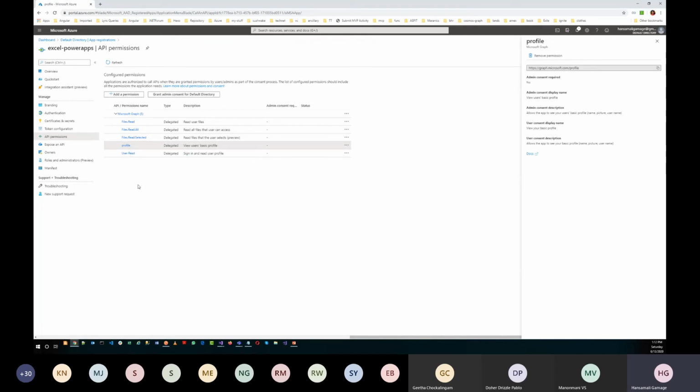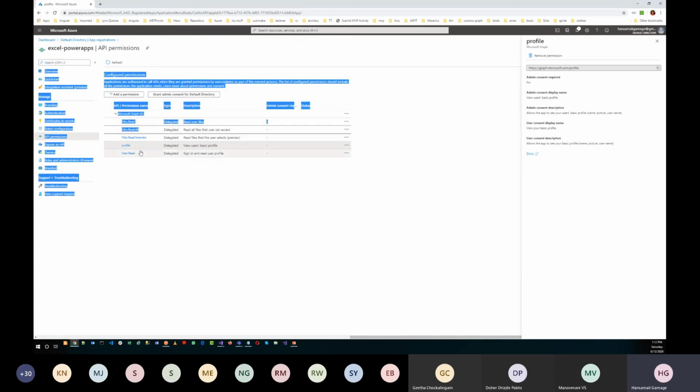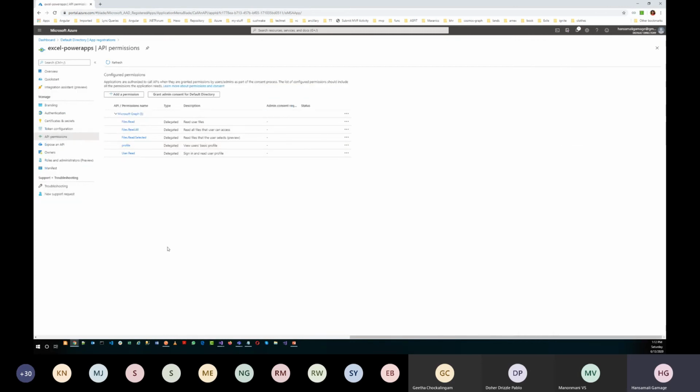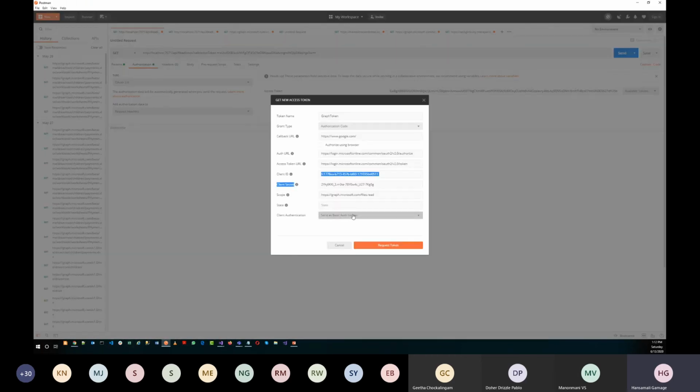We queried the me endpoint in the Graph Explorer, so you should have this profile permission there. To read the files available and that information, you have to allow the Files.Read permission. So let's provide that permission here and click on request token.